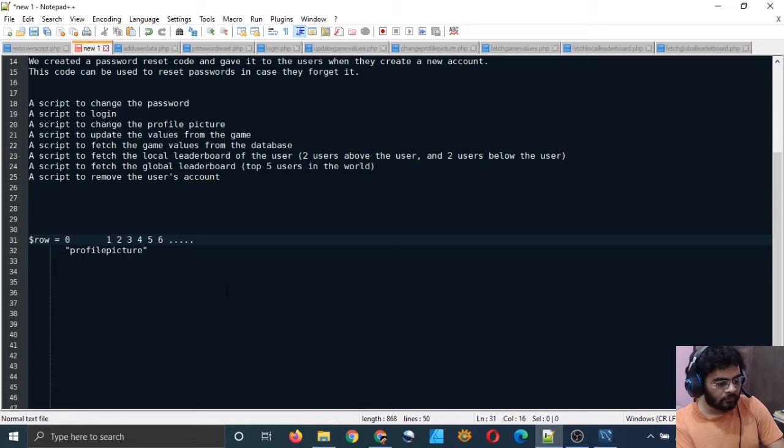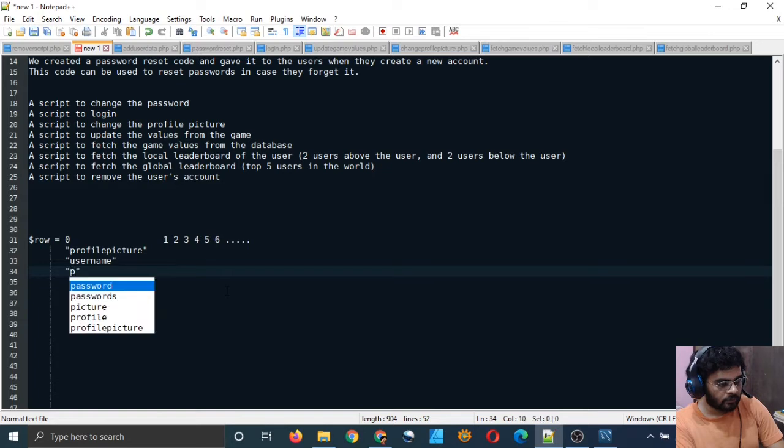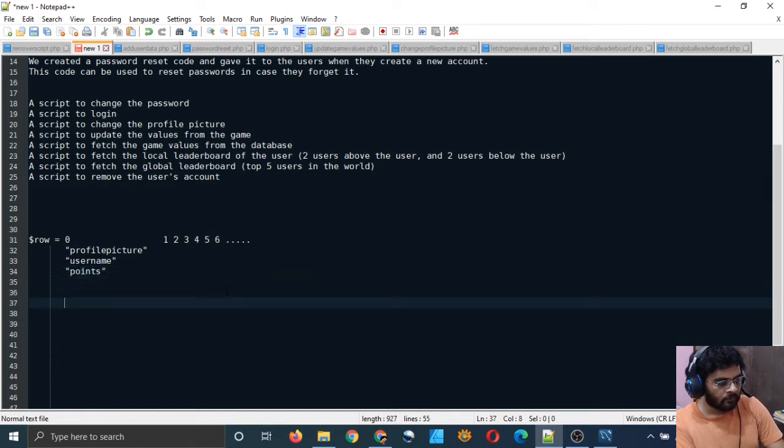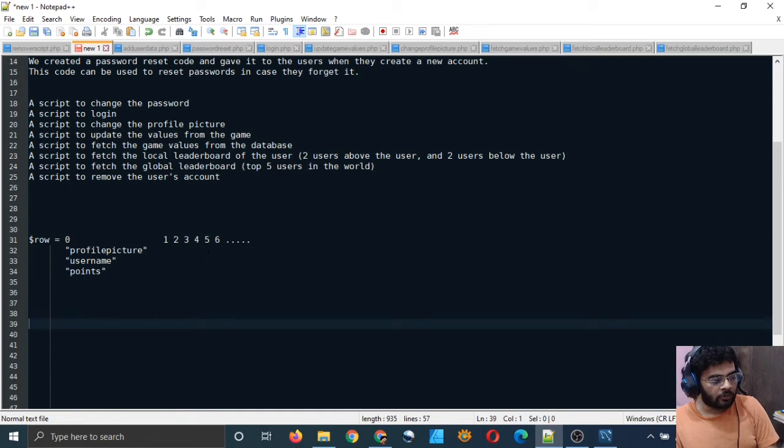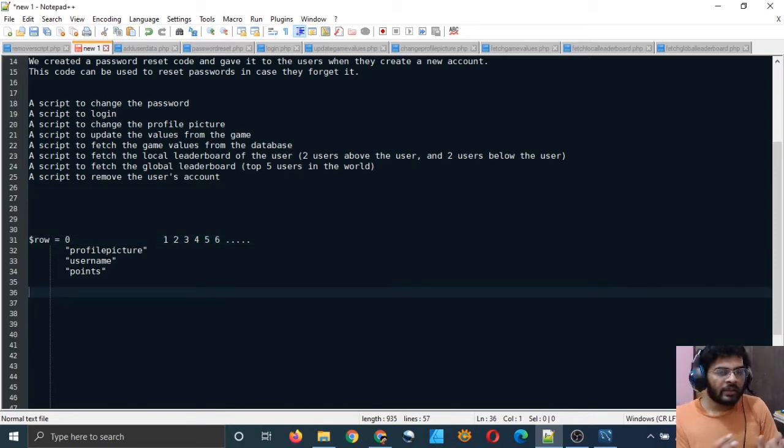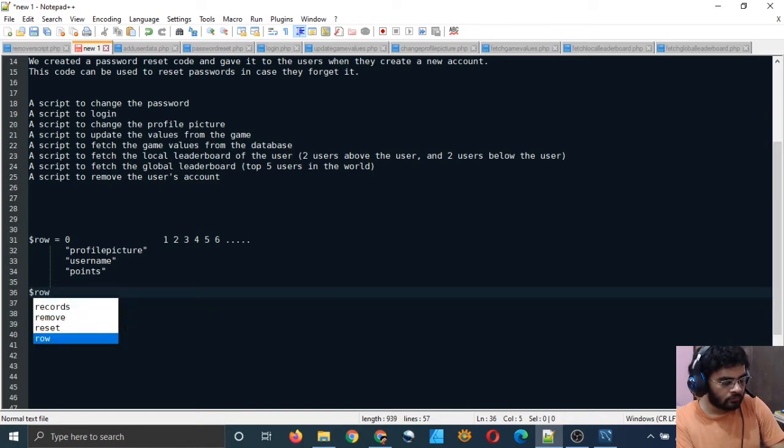In the 0 column, we will have profile picture, username, and points. Suppose I want to fetch the username of the record present at the 4th position in my row. I can fetch that like this: $row 4.